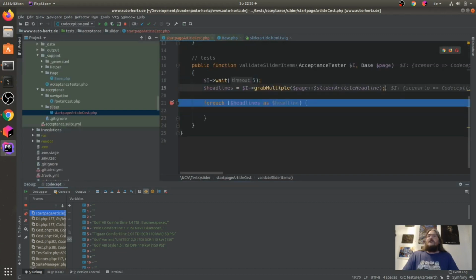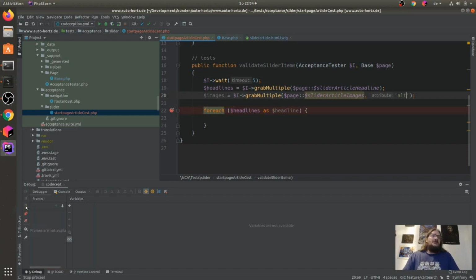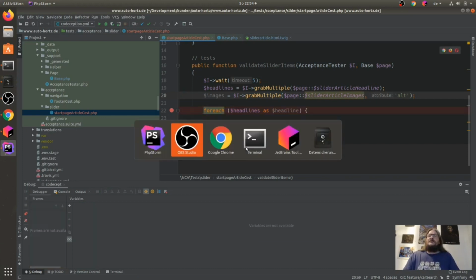So we just duplicate this line here and say, okay, images, it's lower, and here images, and on the images we want to have the alt tag, the alt attribute. And now let us check here if this makes sense for us.